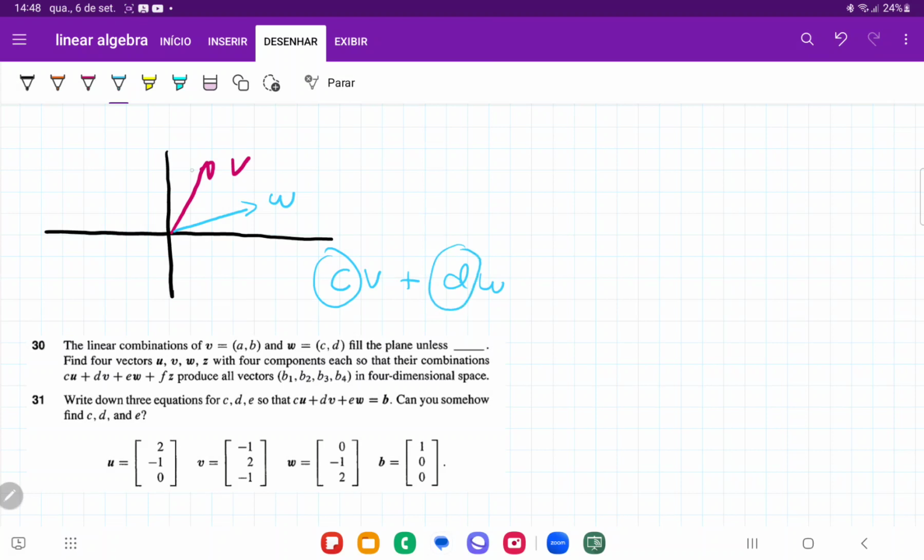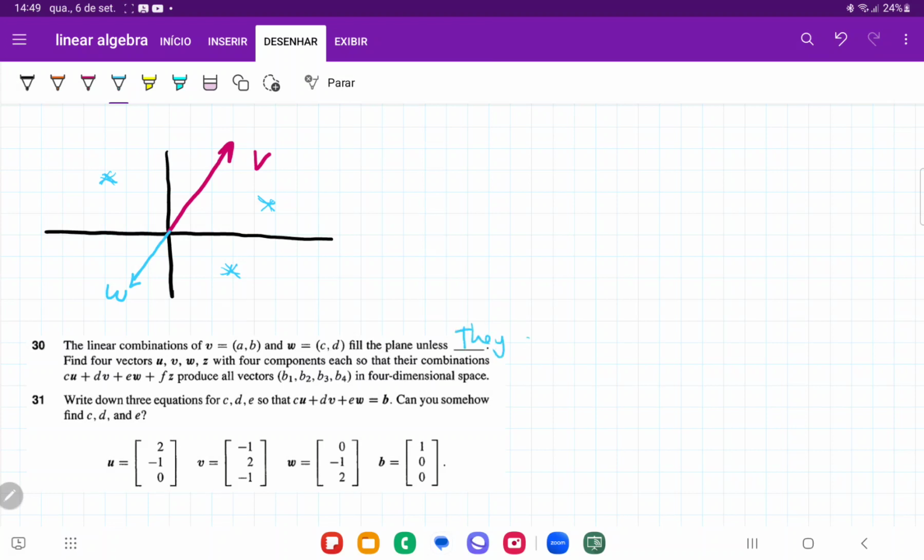However, if v and w are on the same line, so suppose that this is v and suppose that this over here is w, then no matter how you add them, you're always going to be stuck on this line. You are not going to have any components that let you get, say, here or here or here. You're basically just going to be stuck on that line forever. So they fill the plane unless they are